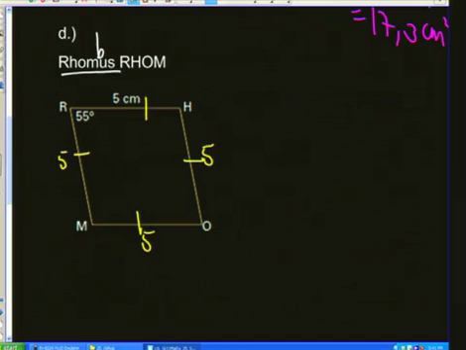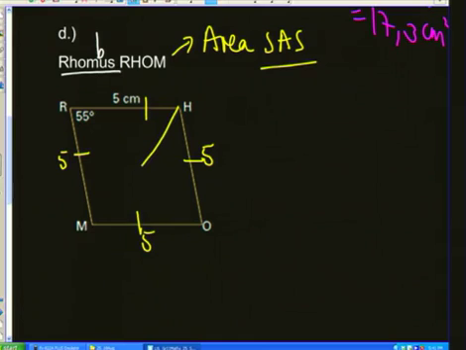And then I will divide this rhombus to get an area where we can find side, angle, side. And if we look at it, we've got 5, we've got 55, we've got 5. So I'm going to cut this figure right down there with its diagonal. And I'm now going to be able to work out this area here. And how do we work out the area? Half of side multiplied by side multiplied by sine of the given angle. So the yellow area of triangle RMH